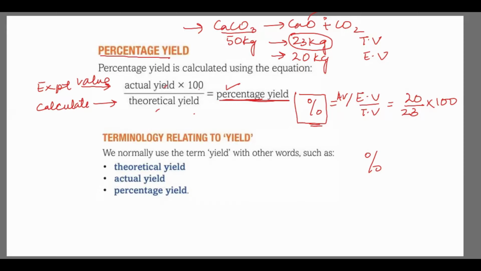Is it clear? That also tells us whether the reactants we are taking are pure or impure, or whether we have to look into our practical process. Are we losing our product somewhere? They have to look for any particular error which is taking place. I hope this is clear. So now let's move on to the questions related to percentage yield.